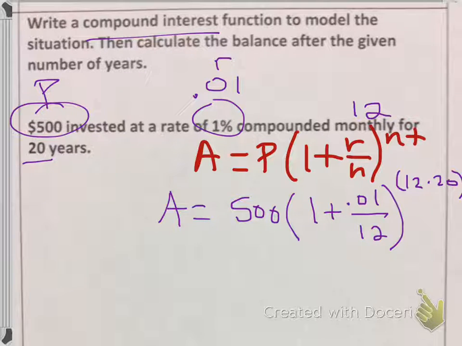So I can do 500, open my parentheses, 1 plus, hit your fraction key, put 0.01 on top and 12 on the bottom, close your parentheses, then put up your power, and in parentheses on your power do 12 times 20, close your parentheses on your power, and hit enter. And the amount that you end up with is